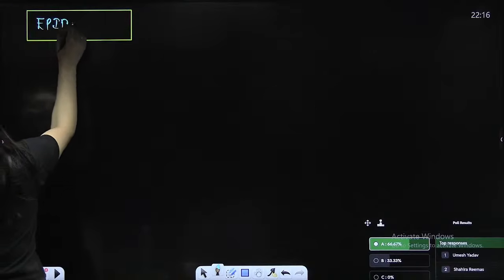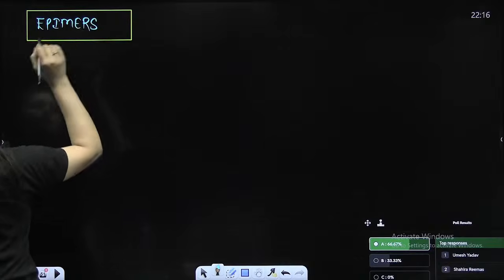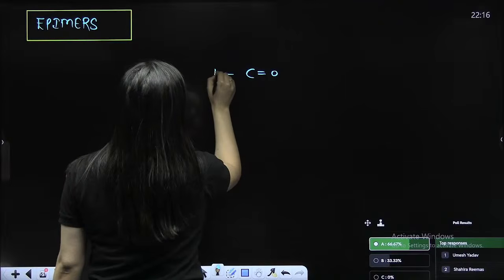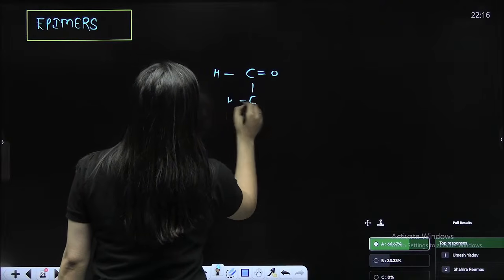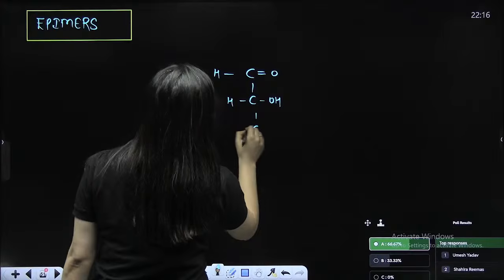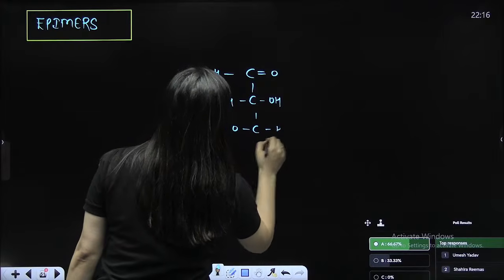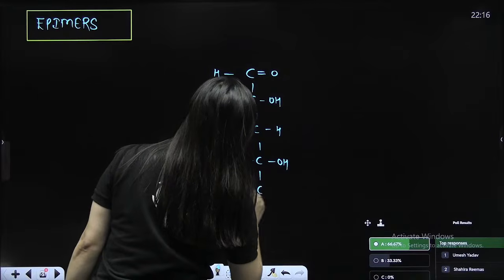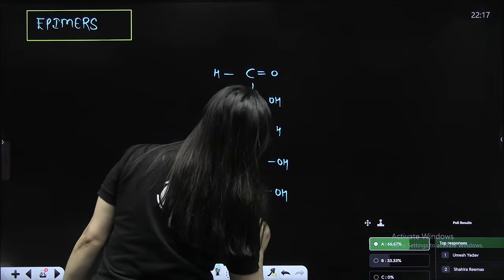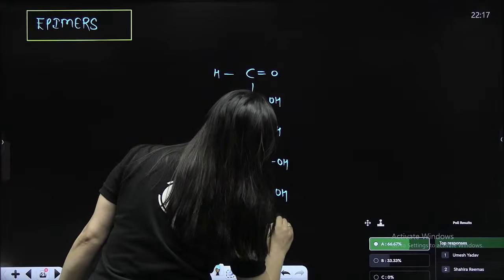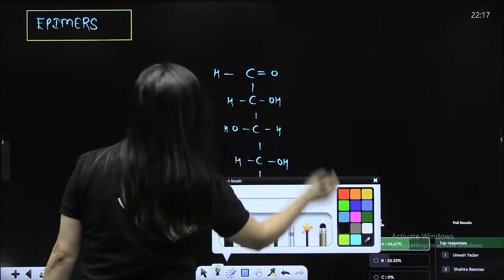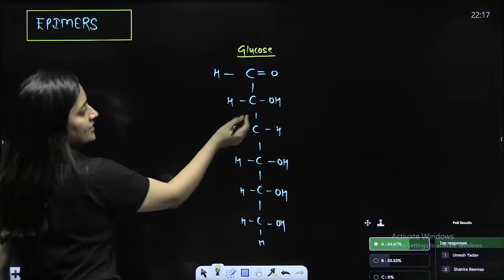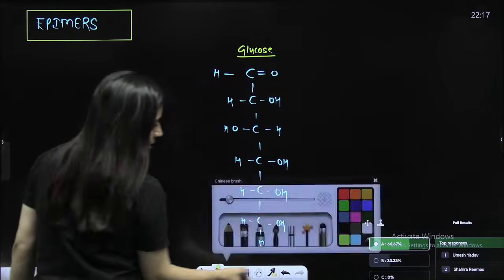Before writing the definition, I would like to show you the structure first. Look at this: C double bond OH. Look at the epimers here. This open chain structure is of glucose. 1, 2, 3, 4, 5, 6. Now, here,